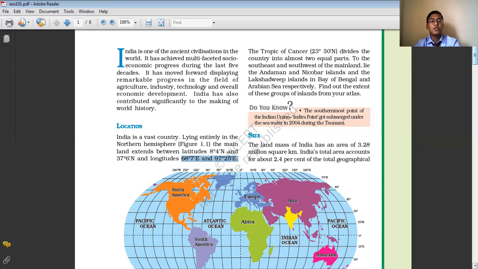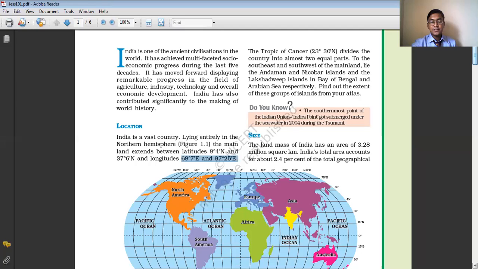That is the Andaman and Nicobar Island group in the Bay of Bengal and the Lakshadweep Island group in the Arabian Sea. The Lakshadweep Island group is basically coral in origin, as we have discussed. And the Andaman and Nicobar Islands are believed to be a part of the volcanic islands, a part of the oceanic mountains, an emerged, uplifted part of the oceanic mountains.